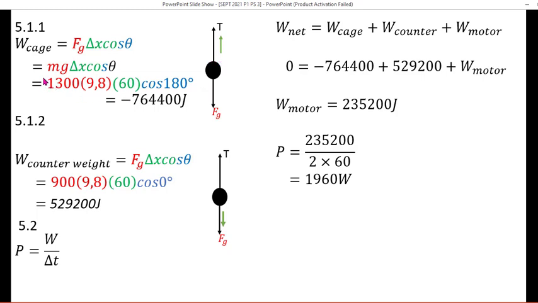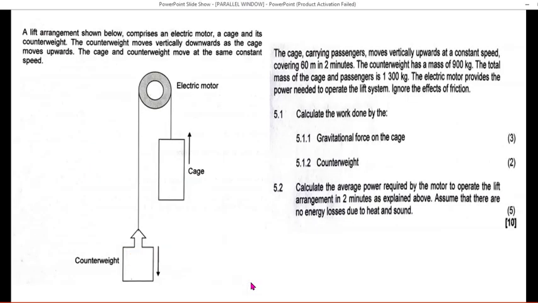And the mass of the cage, we can go back and verify what we have here. The total mass of the cage and passengers is 1,300 kilograms. So the mass of the cage is